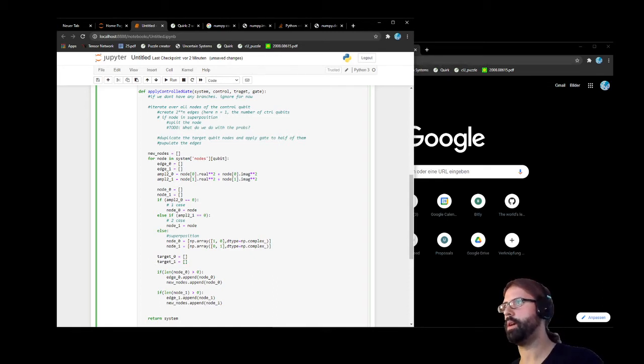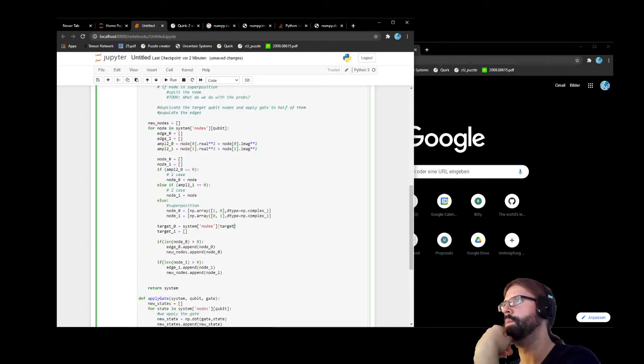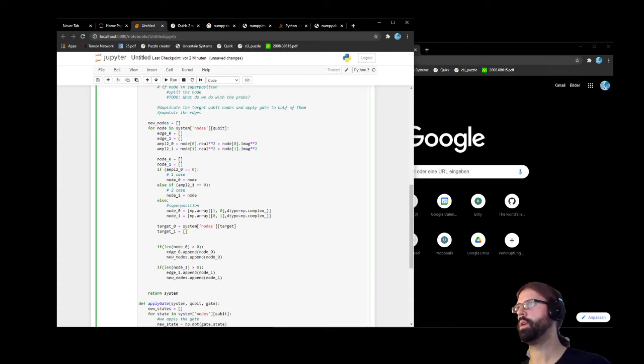And what we need to do is fill this out. The target for the 0 branch is basically these, right? So it's just like saying for the target qubit, take all the nodes, don't do anything to them, okay? And for target 1, well,